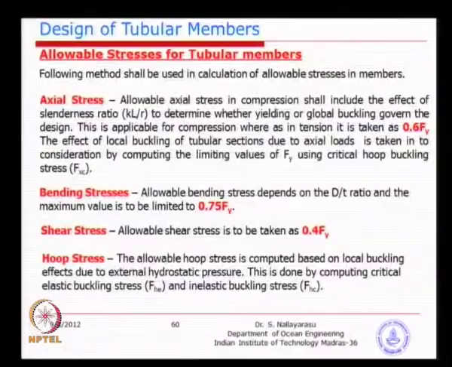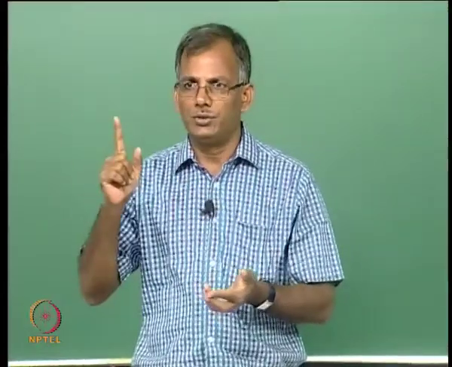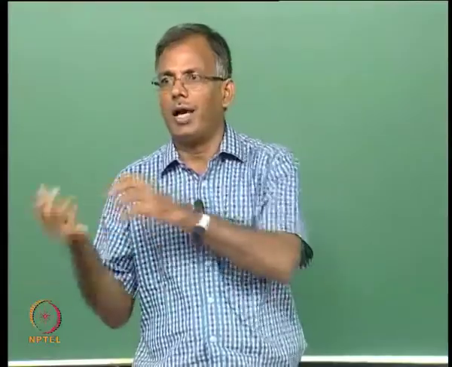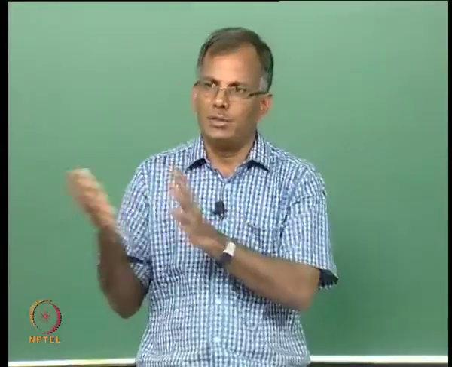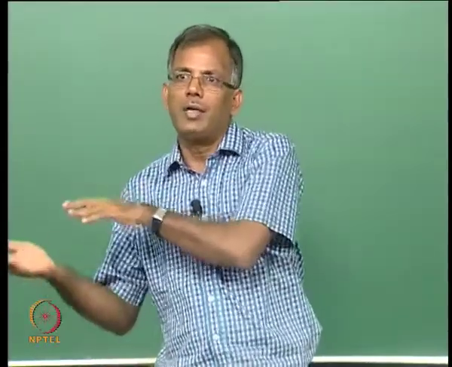Now, if you look at the axial stress, mostly global buckling is taken into account by means of a so called parameter, slenderness ratio. Where does it come from? It comes from back in Euler buckling. We had a simply supported beam as the reference member, the length is L, Euler buckling is some amount of load, it starts giving global buckling. Now, when you compare that with other members like fixed condition or a cantilever, the load capacity is different. Compared to a simply supported, fixed will carry more load, cantilever will carry less load.